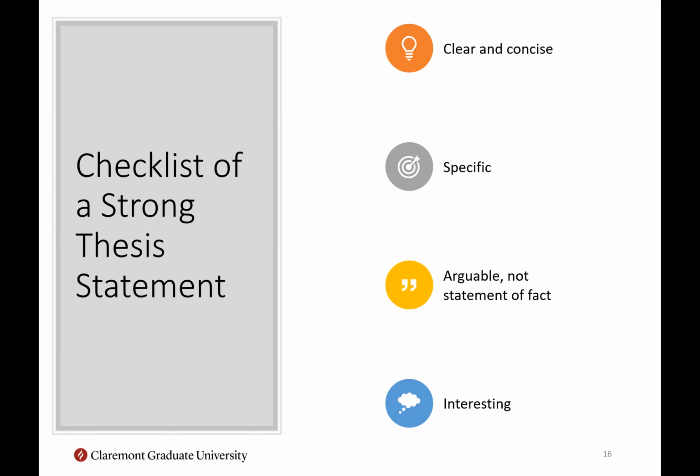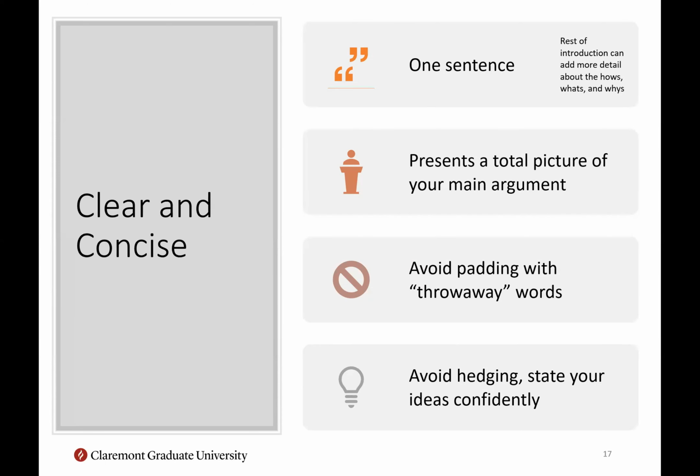And finally, just make it interesting. You want your reader to be intrigued. Think about if you're reading work and the thesis is interesting, it's specific, there's something intriguing about it, you're more likely to want to read the paper. So this is a final step as you've worked through all these other parts of the process, but you want to hook your reader, make them want to read your paper. Why should they read your paper? Make it something interesting. So, to go into a little bit more detail on a couple of these points.